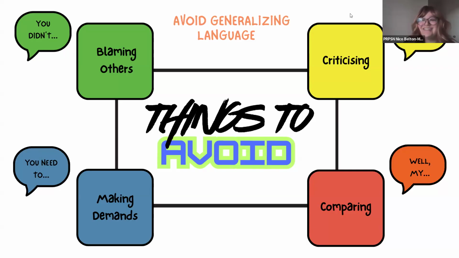These are things that, when you are trying to communicate yourself, will often activate or trigger people to close off to you. I also put as a keyword to avoid generalizing language, like "you always," "you never." Often people hear those words and they shut off. No, that's not true, I don't always, I don't never do that. And then you kind of lose the plot. You start arguing about specific words you said instead of what the actual problem is. So again, we want to avoid doing this.